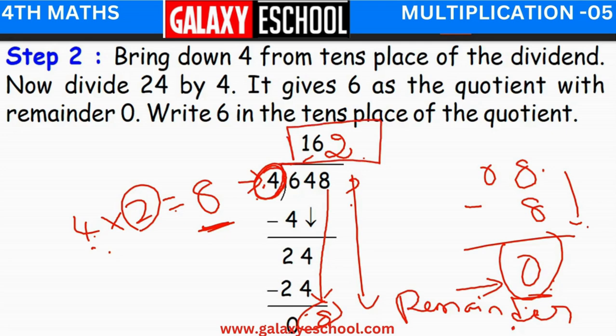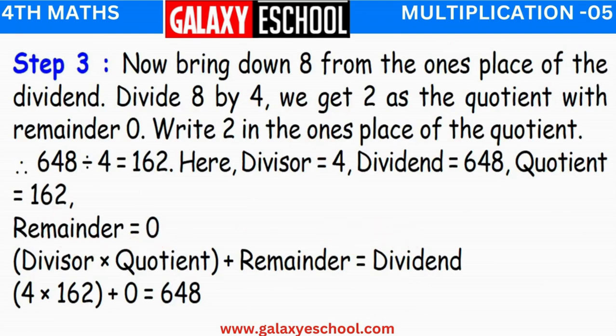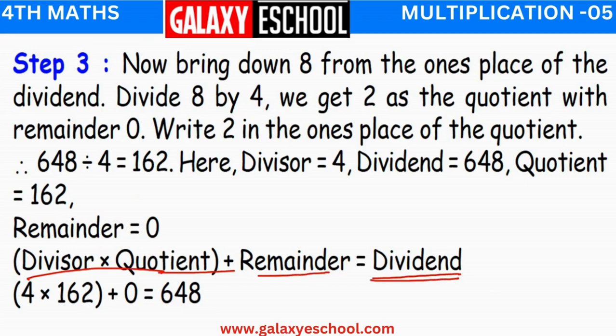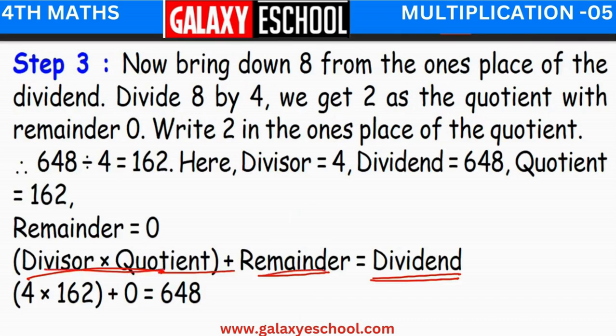162. Clear, children? Division of a 3-digit number by a 1-digit number. Here the divisor is 4, dividend is 648, quotient is 162 and remainder is 0. Okay? If you remember the division rule, divisor into quotient plus remainder is equal to dividend. If we substitute the values, divisor is 4 into the quotient is